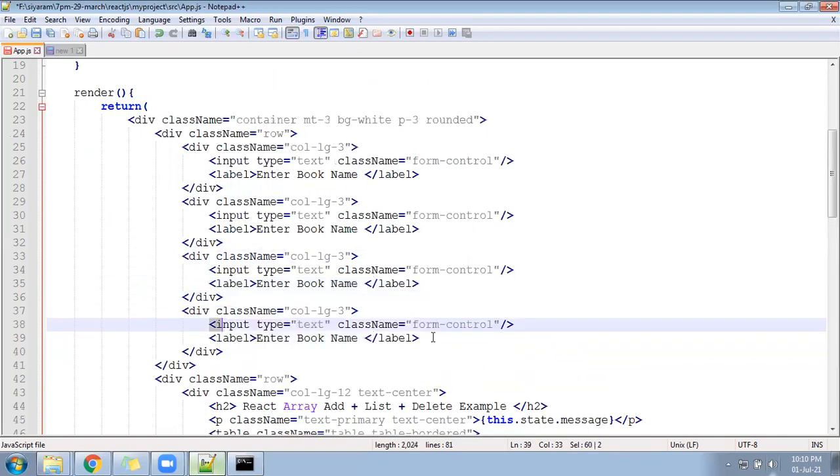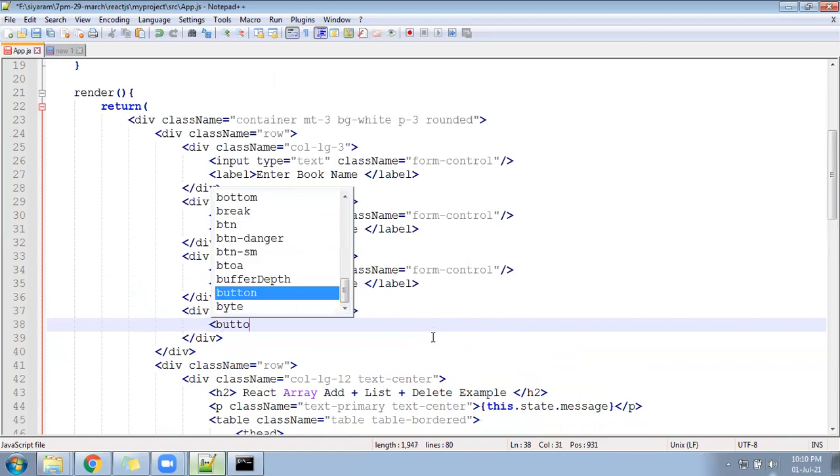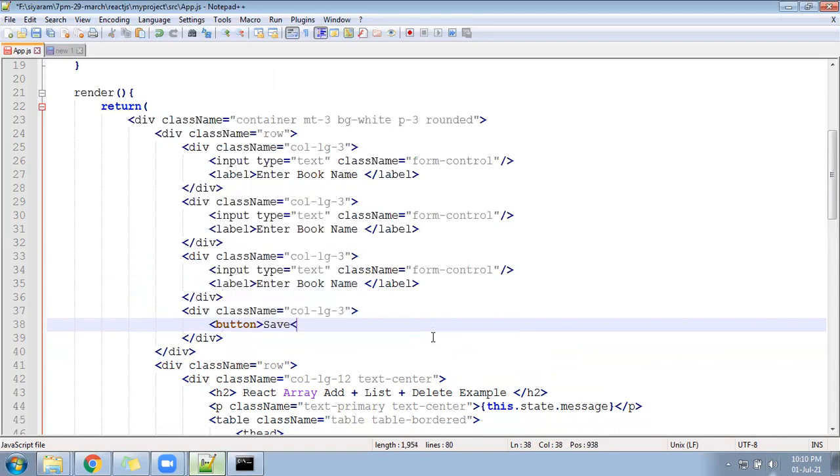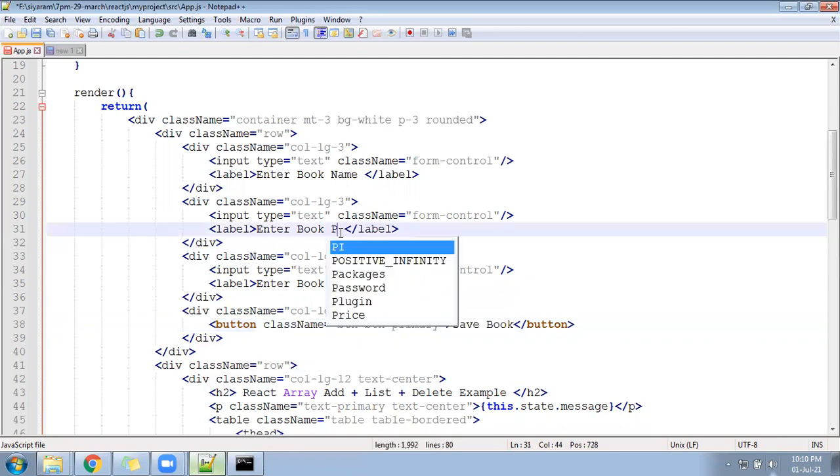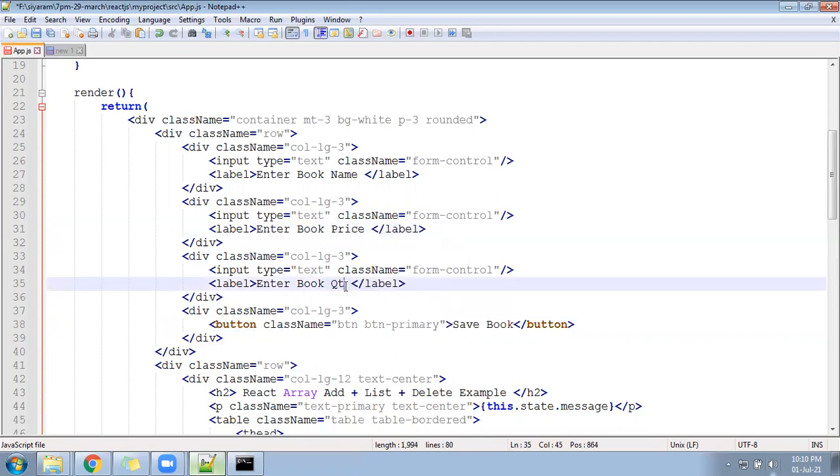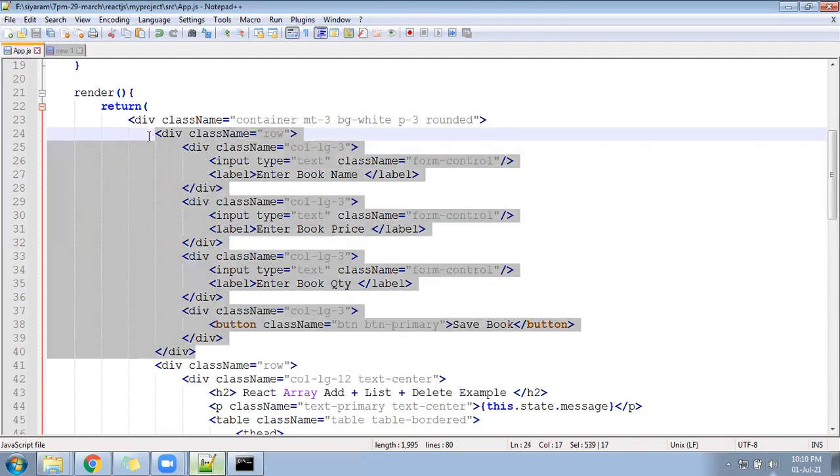So I'll keep here a button called save. Close the button and write here for save book. For this, I'll follow the Bootstrap class btn-primary would be fine. Now here we need to change book name, book price, and book quantity. After that, let me show you what user interface is going to come in the browser.